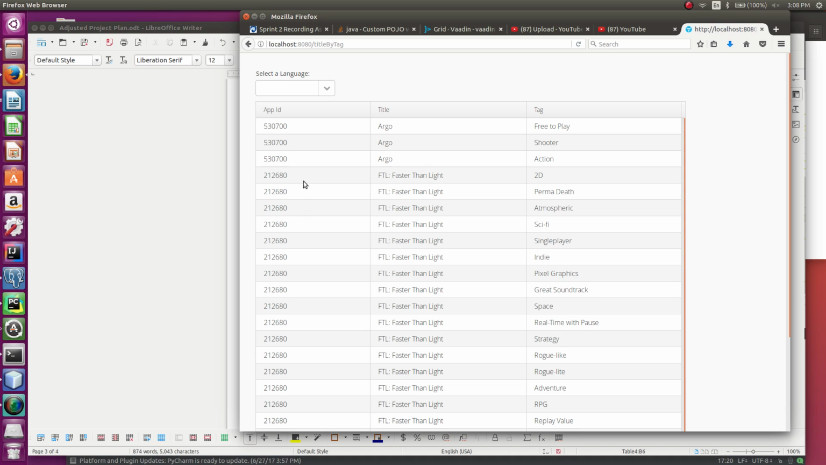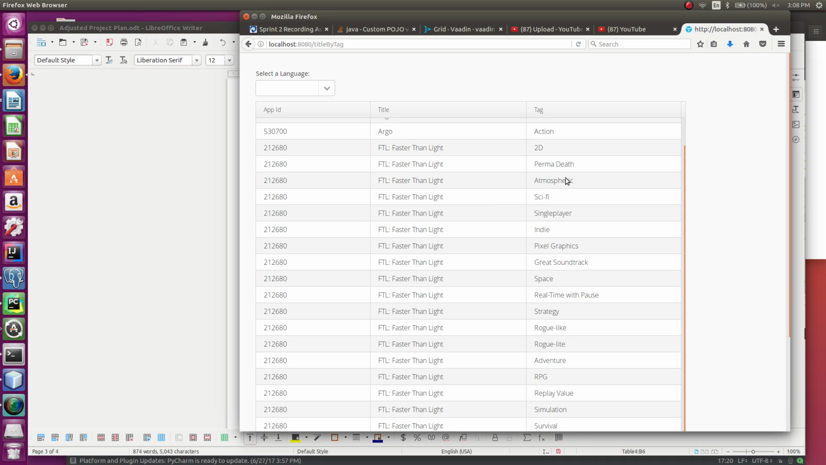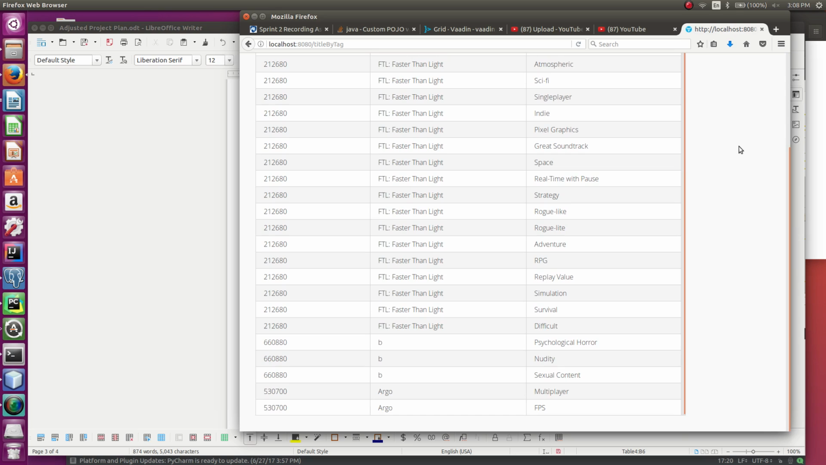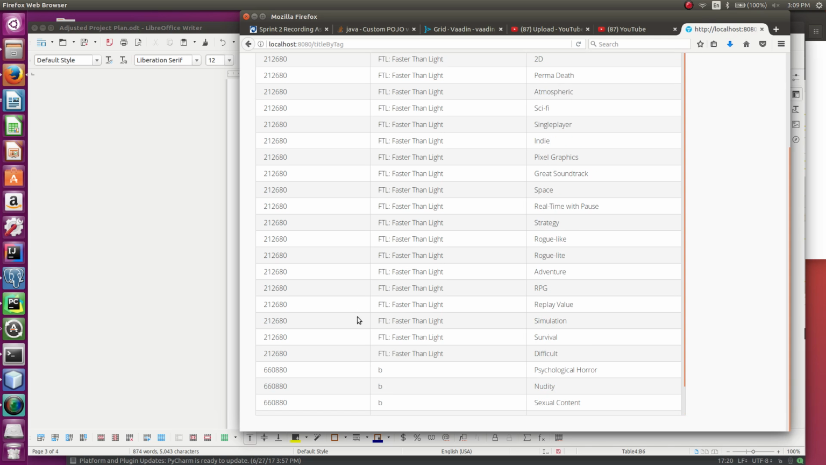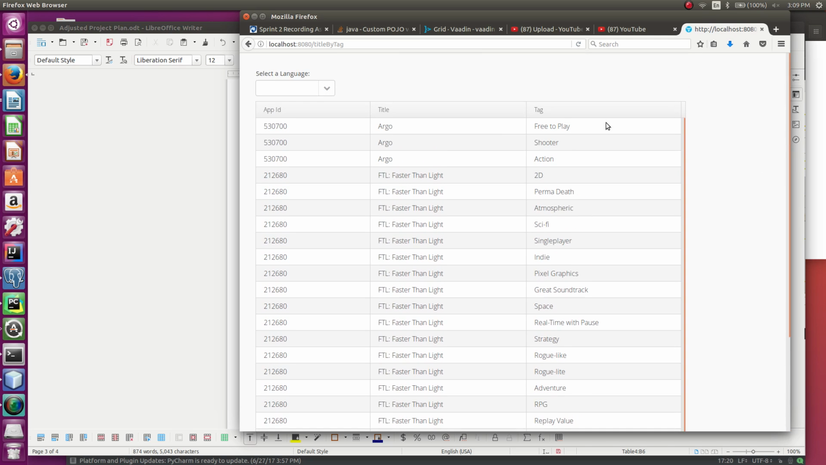Faster Than Light, I put the game in here manually, and then my code automatically scraped the tags, but it is not a new release. So, but there is another game in here that is not legitimate. These tags are not legitimate. This B game. Let's just use the drop down and say it's tagged as psychological horror, nudity, and sexual content,